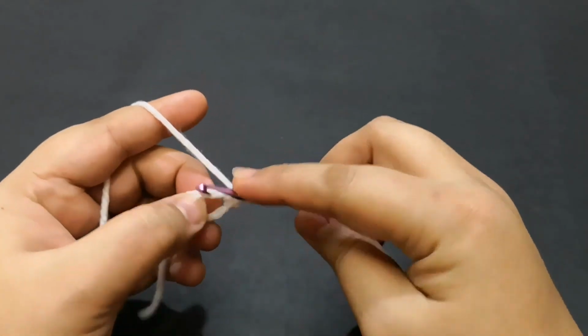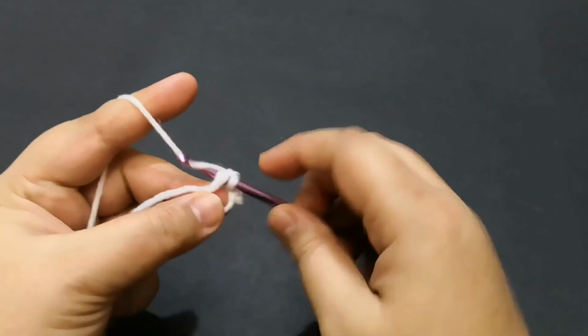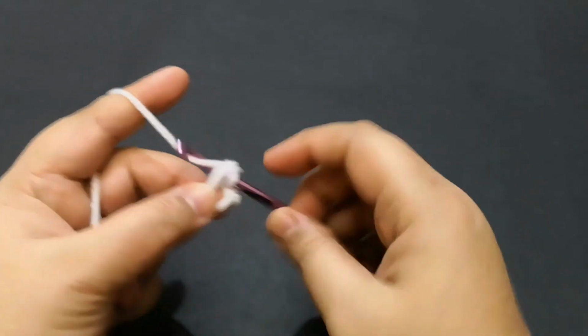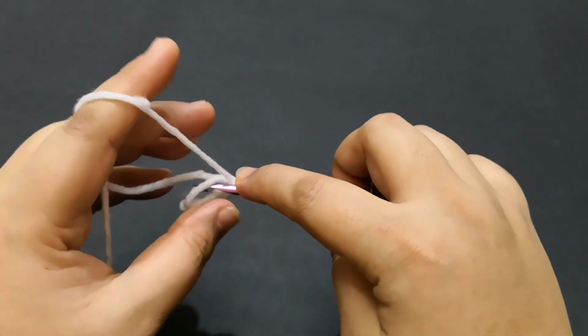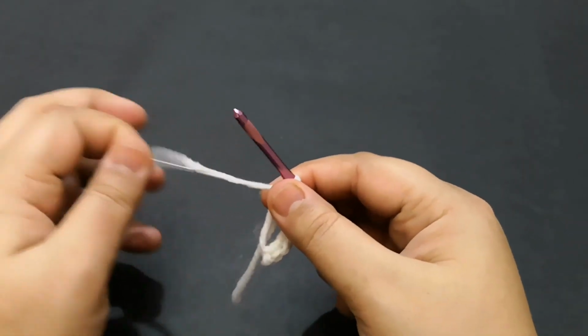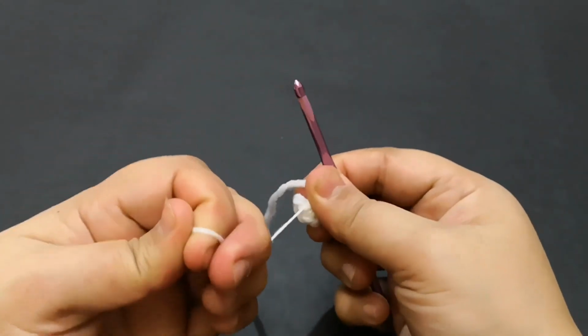1, 2, 3, 4, 5, and 6. And after making 6 single crochets, you're going to close the center part of your jellyfish, shut it down,